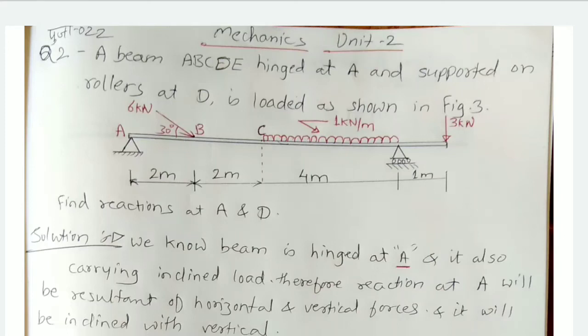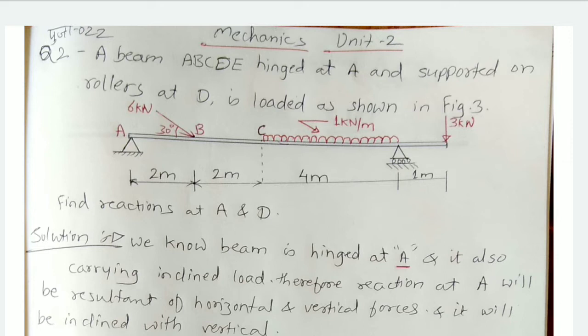Hello friends, today we will solve one numerical which comes in the paper Puja 22, which is the latest paper of your October 2019. So it comes under unit number 2. Let's see the question. The beam ABCDE hinged at A and supported on the rollers at D is loaded as